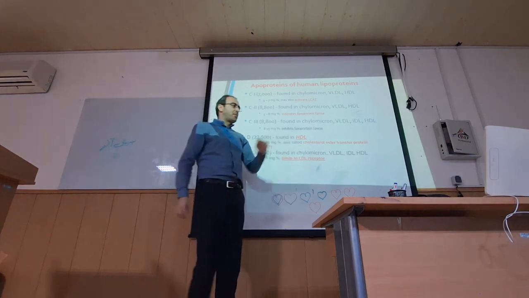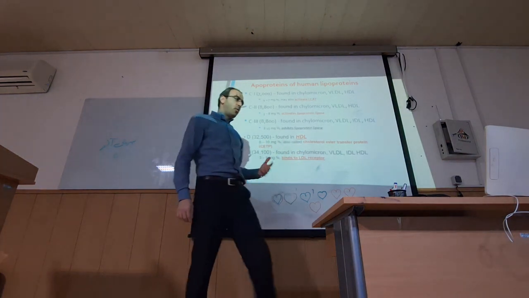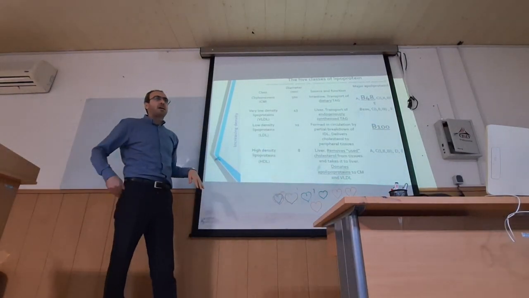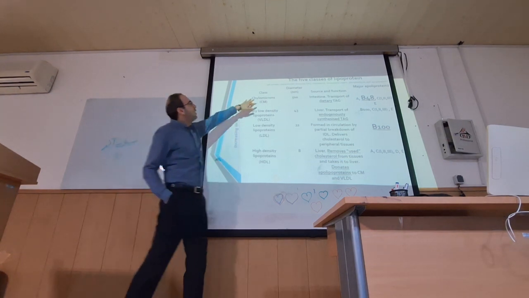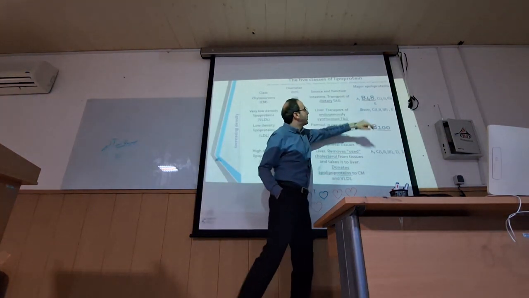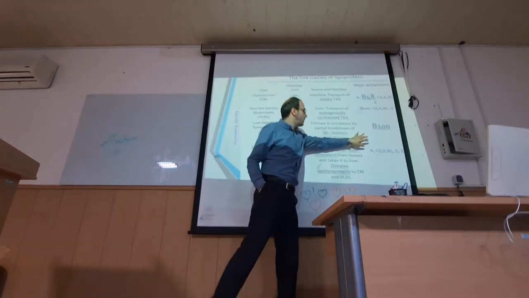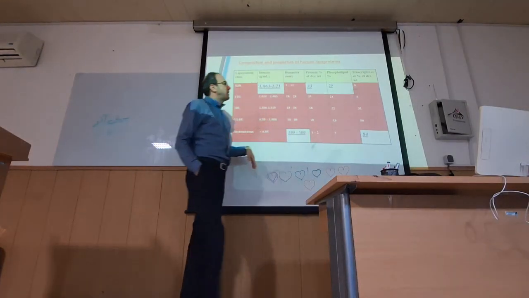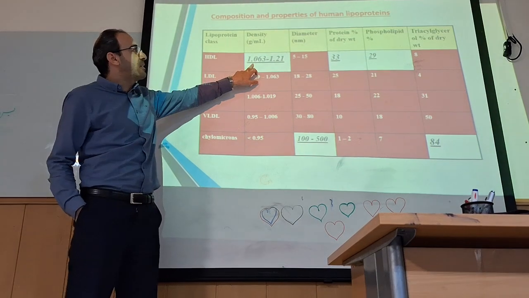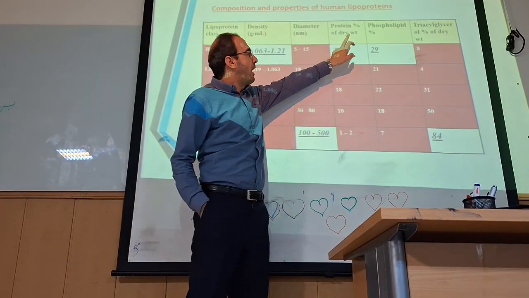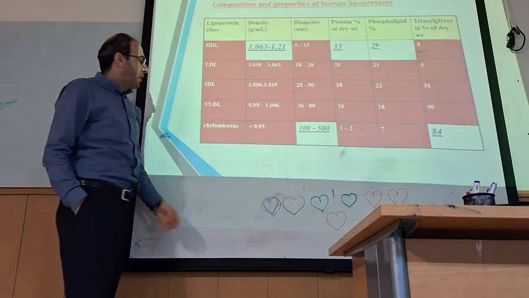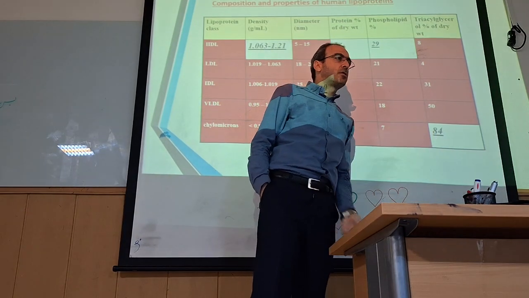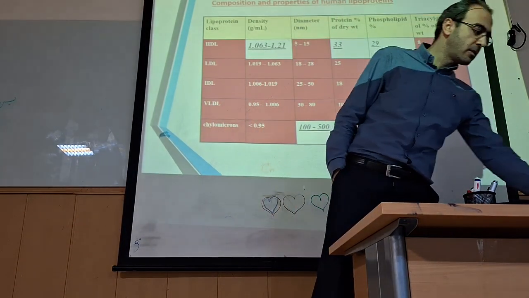Binding to the LDL receptors is a function of apoprotein. Again, here you can see a brief summary of the properties and characteristics of apoprotein. For example, chylomicron has ApoB48, LDL has ApoB100, and for HDL, ApoD and A1 are the main apoproteins. Again, related to the characteristics, HDL has the highest density, highest protein, and also highest phospholipid content. And chylomicron is the biggest one and has the highest amount of triglycerides. These characteristics